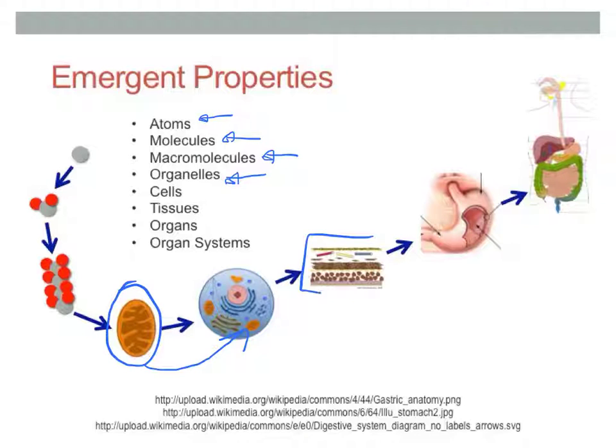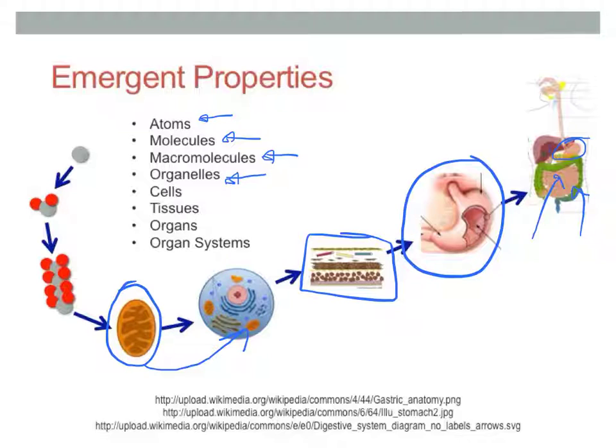So here we've got a group of cells that makes up what's called a tissue, and this one looks like it's a muscle tissue that's going to be lining the stomach here, which is an organ, and the stomach, of course, is a big part of the digestive system. And you've got other organs in the digestive system like the colon and the small intestines, the esophagus, etc. So in humans we have these